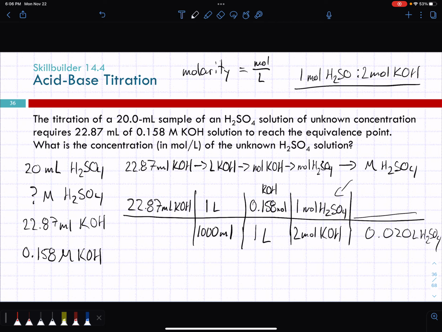Okay. 22.87 times 0.158 divided by 1,000 divided by 2. So that's 0.0018067 moles. So if you divide that by 0.02,